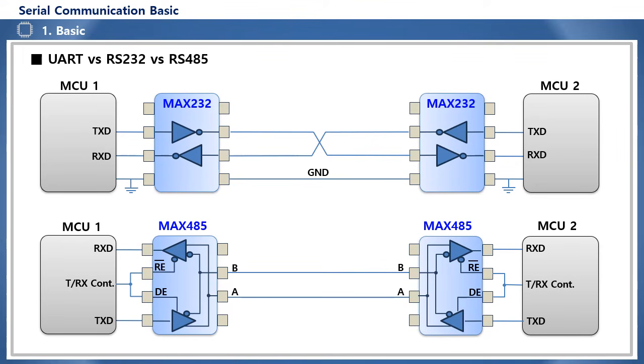The wiring structure of RS-485 is that the 485 transceiver MAX485 is connected to the TX and RX of each MCU. And the 485 communication lines that are interconnected between MAX485 are A and B, which must be connected to the same pins. A is a non-inverting signal line and B is an inverting signal line. Since transmission and reception cannot be done simultaneously on these 2 differential lines, the RE pins and DE pins must be tied together so that the transmission and reception enable can be switched at the TRX control pin of each MCU. In other words, RS-485 adopts a half-duplex transmission method that selectively transmits and receives with a single line.